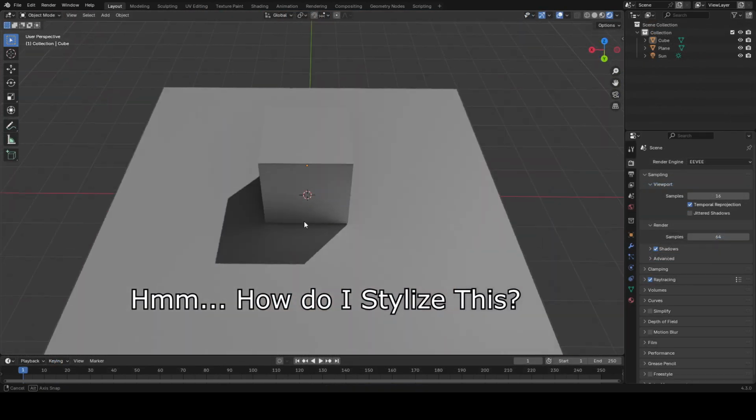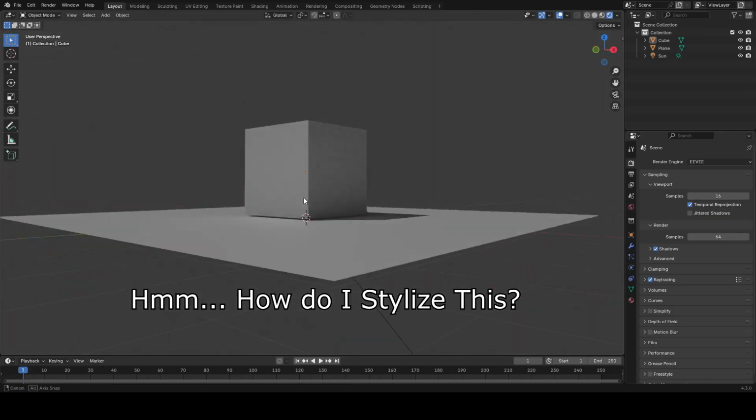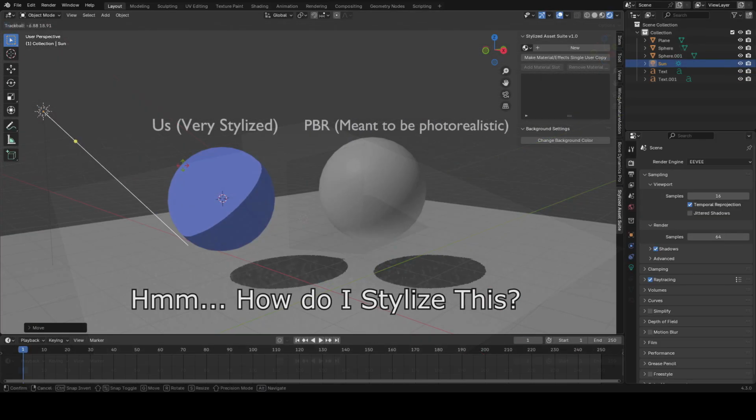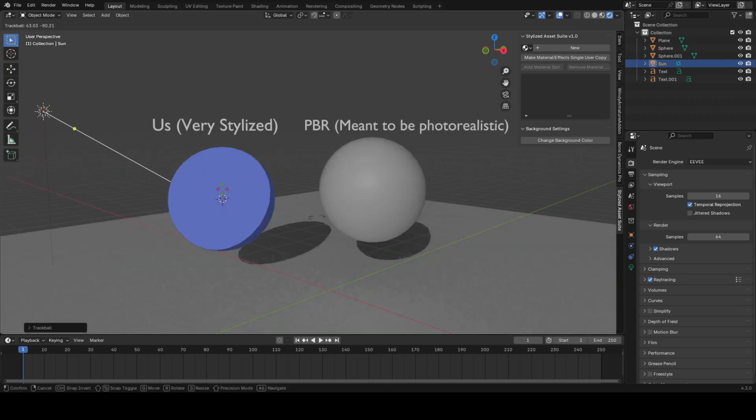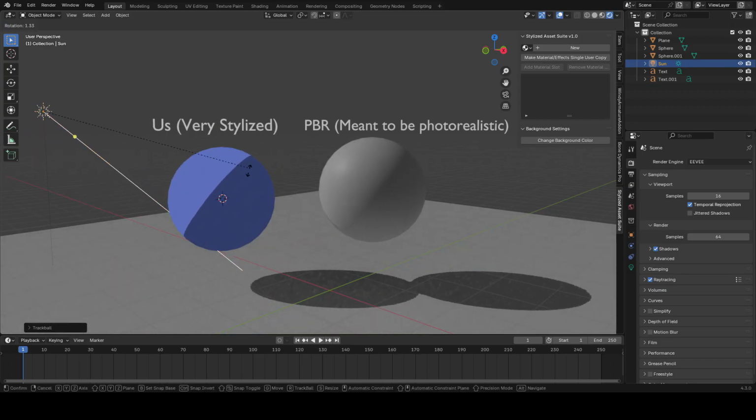See guys, part of the reason that makes stylized stuff like this challenging sometimes is that we don't have many of the features that regular non-stylized stuff in Blender has. For example, bounce lighting is generally not possible for stylized objects like this,